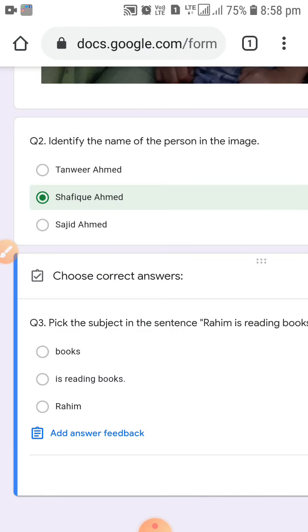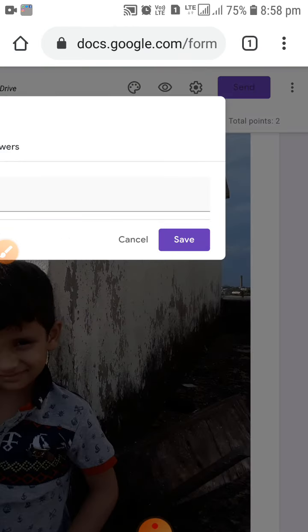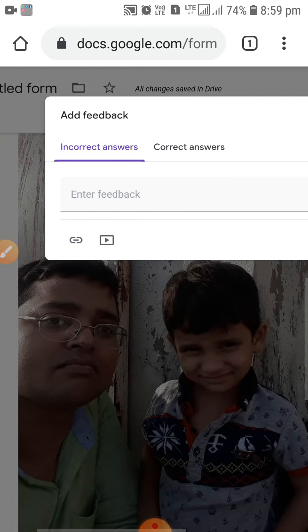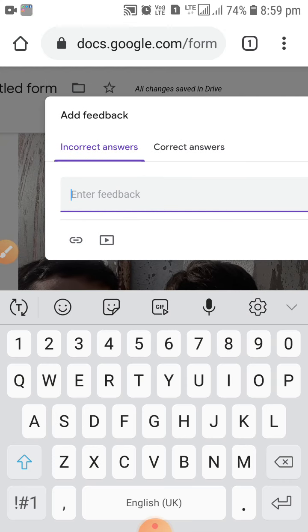So first I'm clicking on this one, answer key. Choose correct answer. The correct answer would be Rahim. Okay, I clicked on Rahim. And answer feedback you can give. For an incorrect answer you can write, Rahim is the subject here, my dear students, whatever.